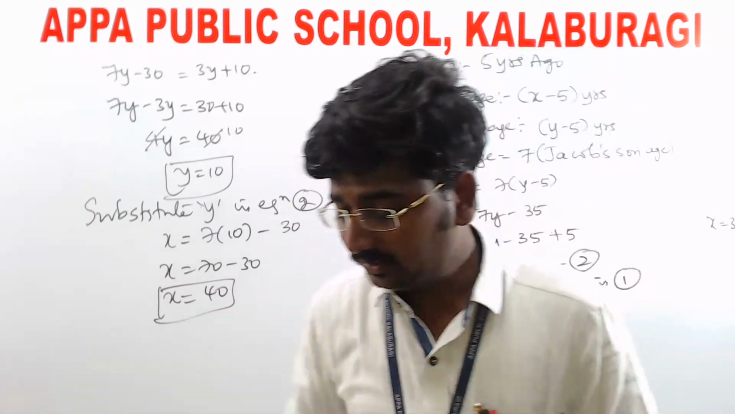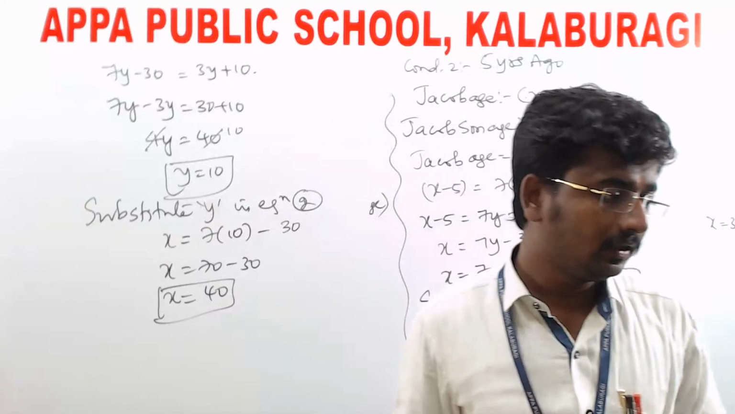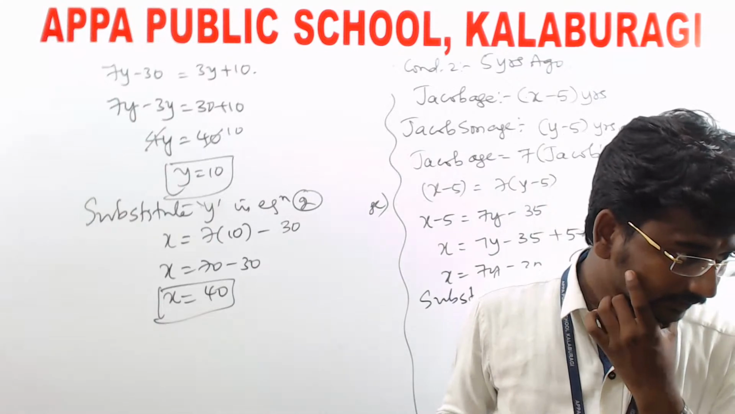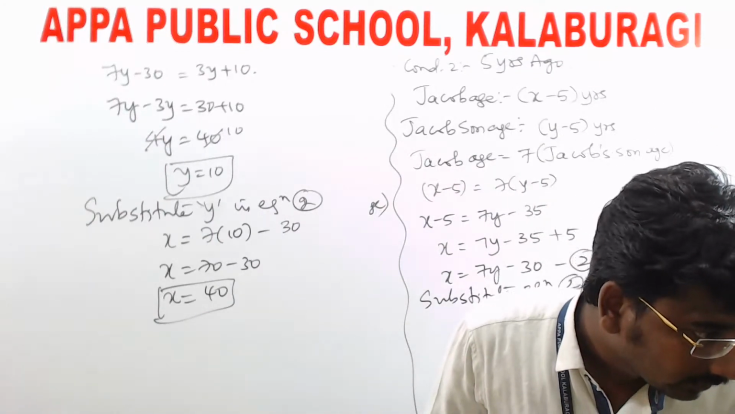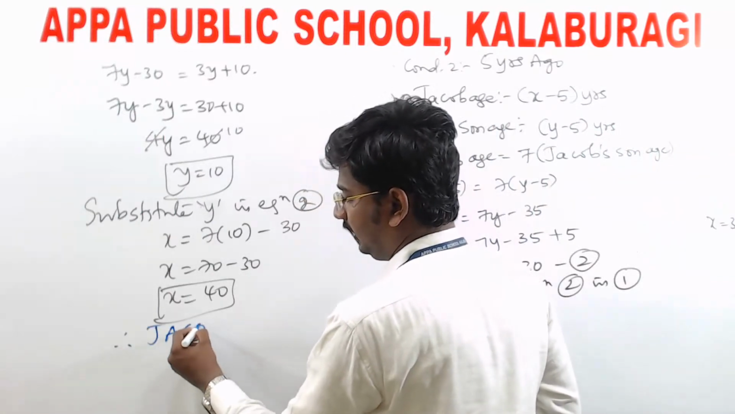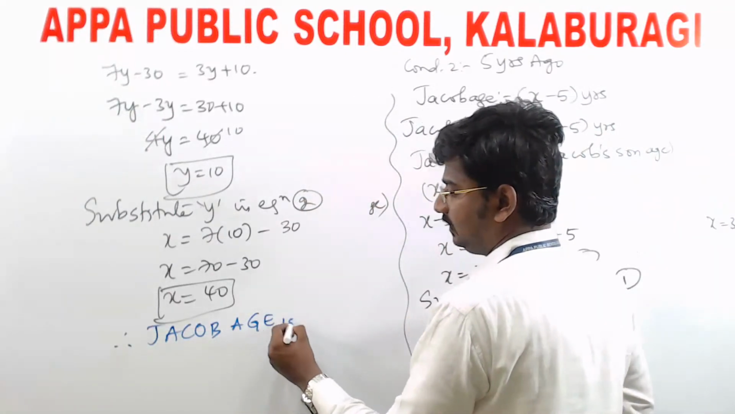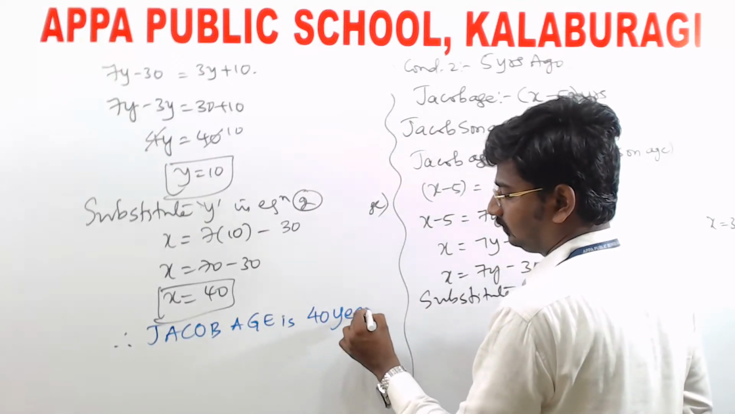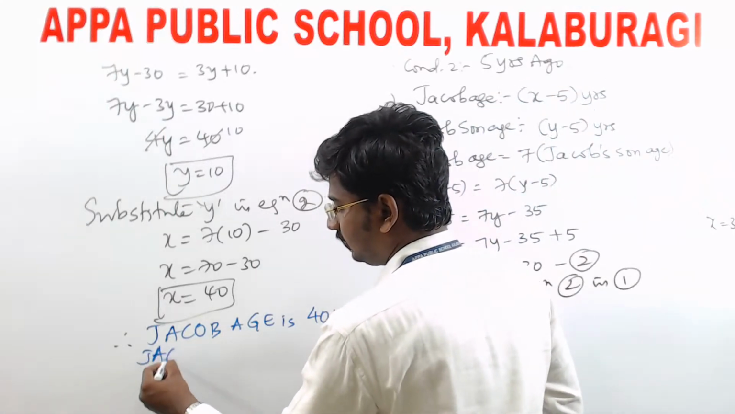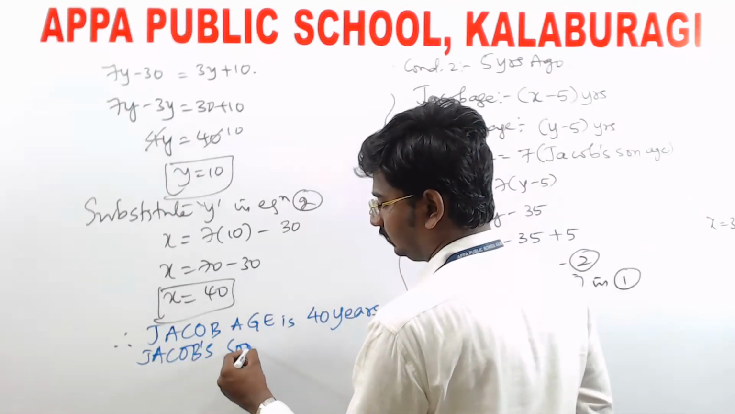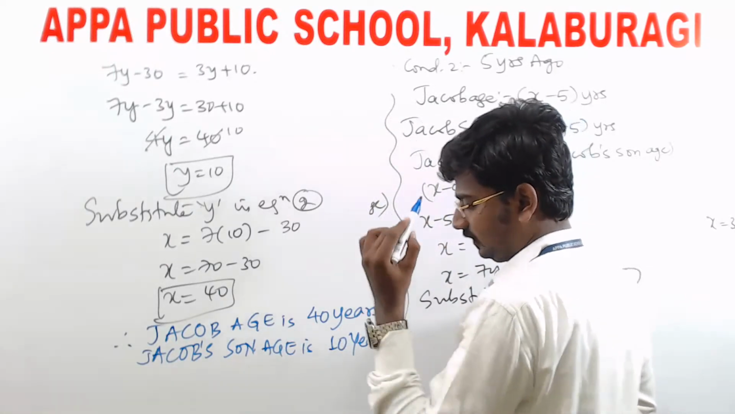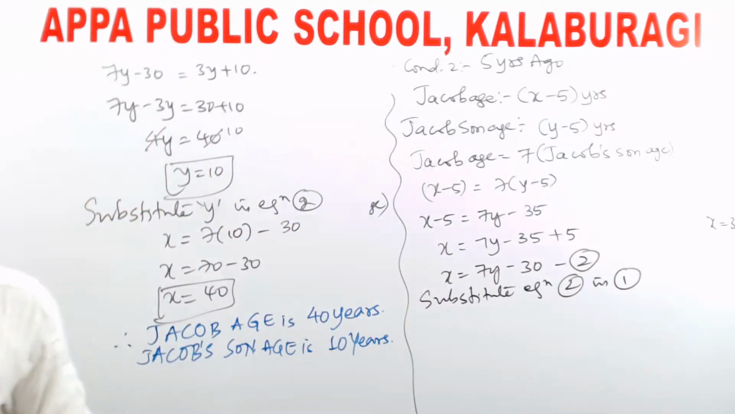So who is x here? Jacob. Right? Don't say 40x. x equal to 40. Okay, x equal to 40. Therefore, what I can say, Jacob's age is 40 years. Okay, and Jacob's son's age is 10 years. That's it. So this is how we apply